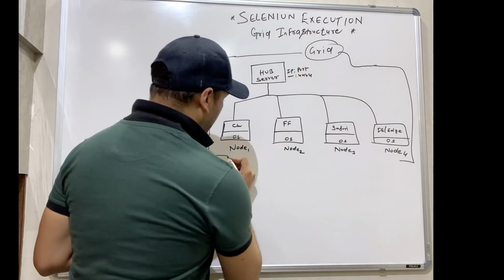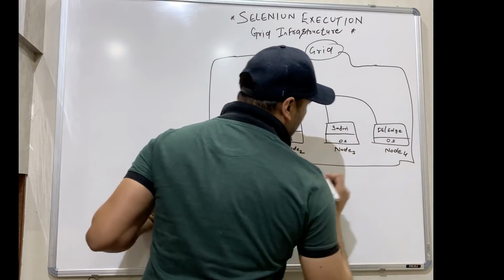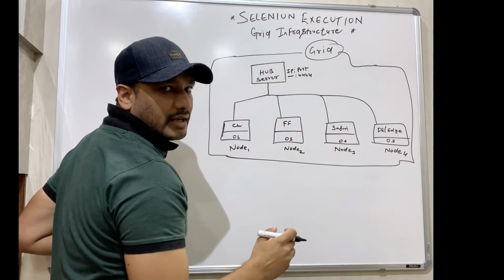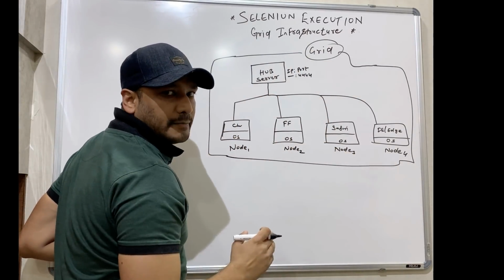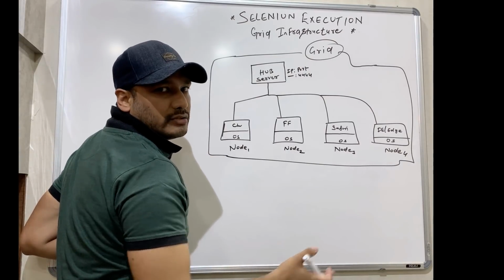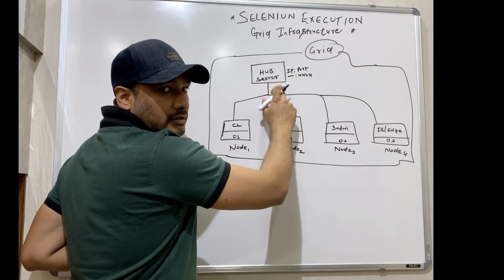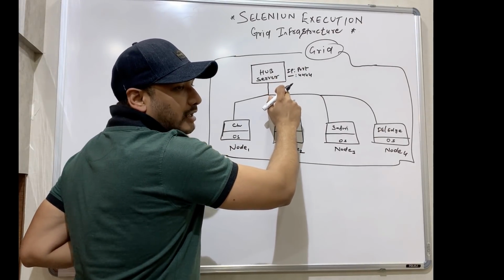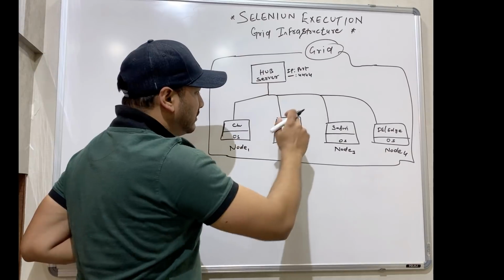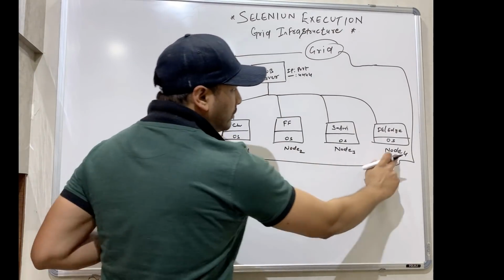Perfect. So remember one thing: if someone asks you, Selenium Grid is the 4th component of Selenium. We don't need to write any code. It's all about configuration. We need to start the hub server, install one standalone jar file, start the server, and then you can create multiple nodes.